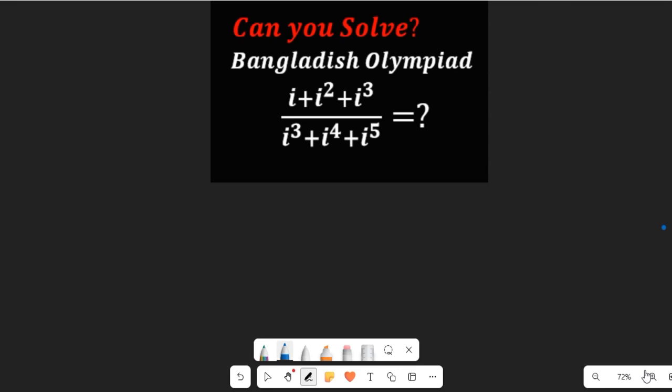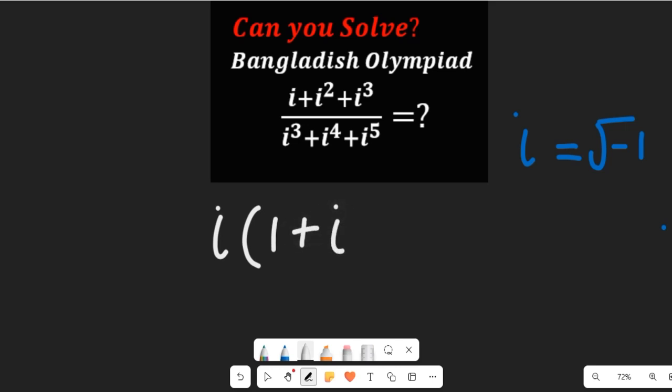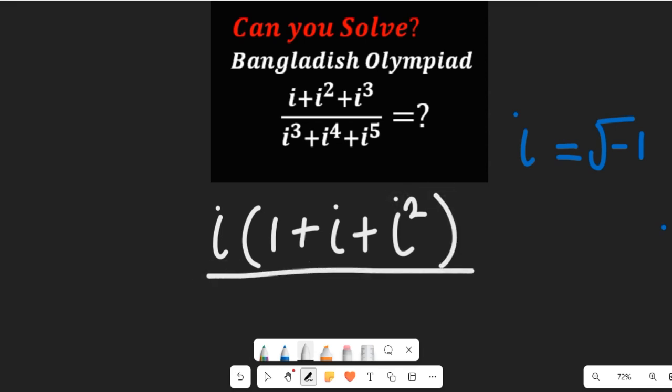Now, before we solve this, I want you to note that i is equal to the square root of -1, right? Good. If that is that, now we can simplify this. Bringing i out from the numerator, we'll have i times (1 + i + i²), and all this will be divided by the